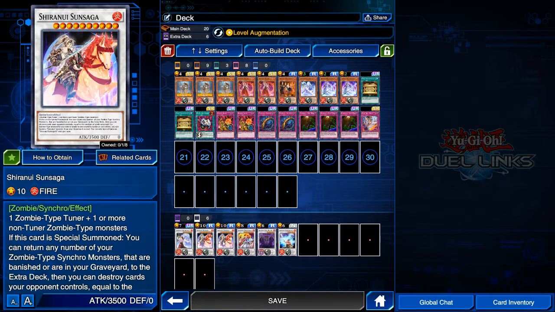Next, Shiranui Sun Saga. What does this do? Alright, I'm going to show you. So, it's a level 10. This takes a zombie tuner and one or more non-tuner zombies. You cannot use this generically. Alright? However, what this is really good for is when you use this